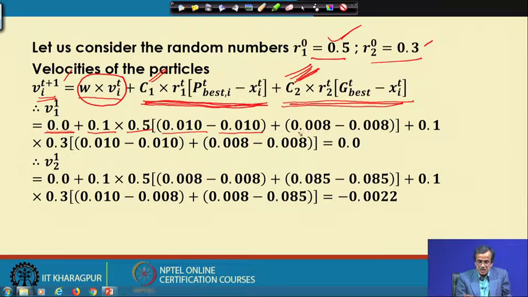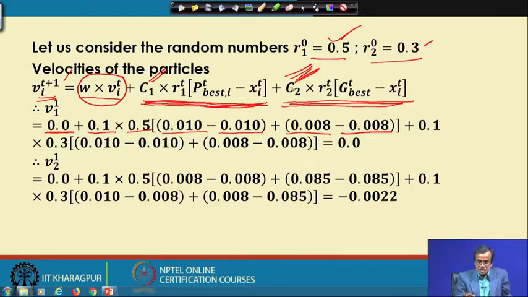This 0.008 is the pbest_i with respect to t corresponding to the second design variable, that is h, the height of the cutting tool, minus x_i(t), which is the value of the design variable h corresponding to the first particle.